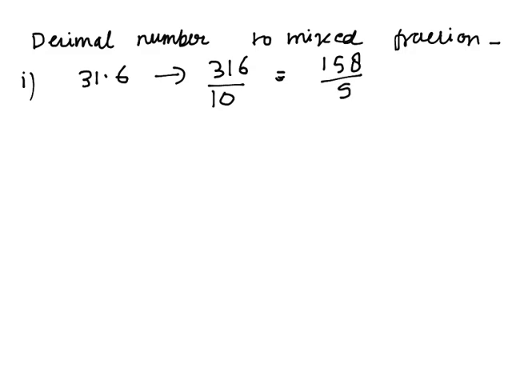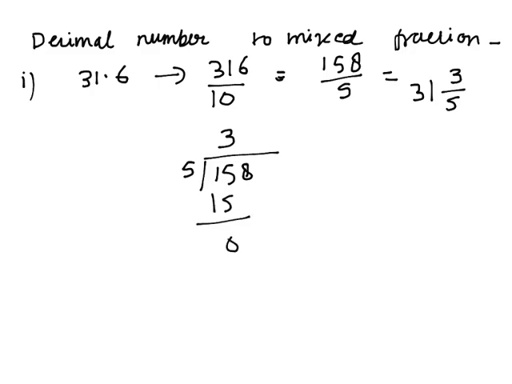Next we have to change it into a mixed fraction. So we will get 31 whole 3 by 5. So here I am showing how to convert into the mixed fraction. Here we will divide 158 by 5. So here 5 times 3 is 15. We will simply divide it. So 5 times 1 is 5. So here the remainder we will write as the numerator and the 31 we will write as the whole number. So it can be written as 31 whole 3 by 5. This is the way we convert into a mixed fraction.